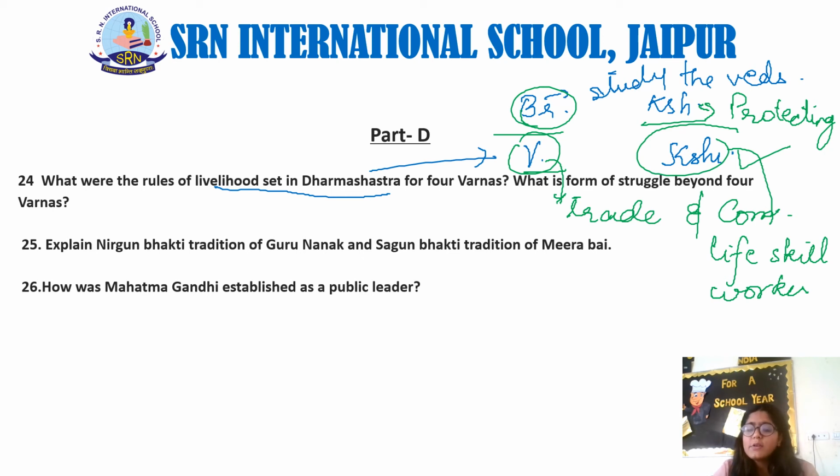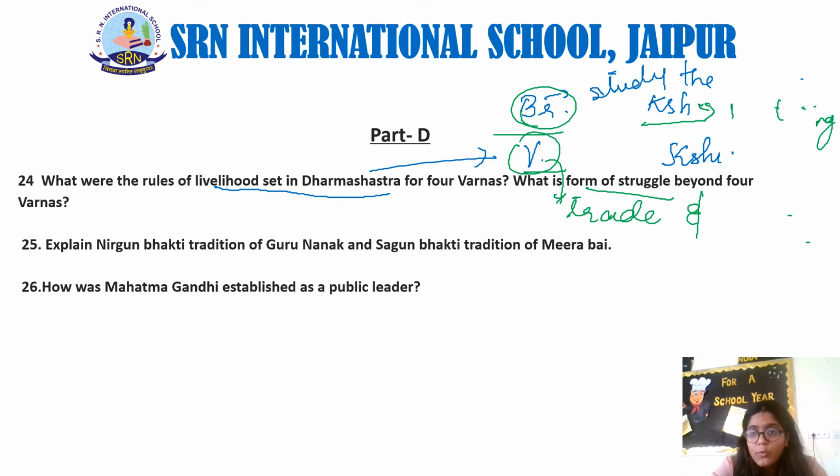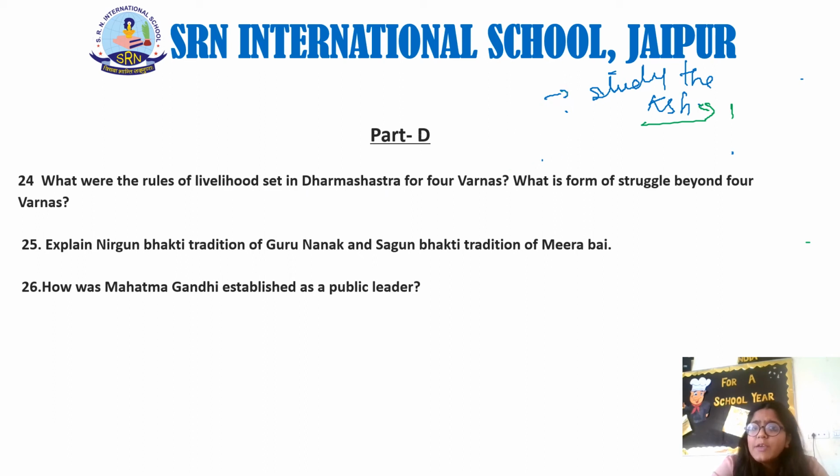So this is the Dharma Shastra, and these are the 4 varnas. When we talk about the form of struggle beyond the 4 clans, we come to know that they were not at all in unison, because Brahmanas thought of some people as outcasts, or not eligible to worship or go to the god, or not eligible to be counted as a community. Kshatriyas also had the same ideology. So we have to mention all these points, that there was a continuous tussle between Brahmanas and Shudras.